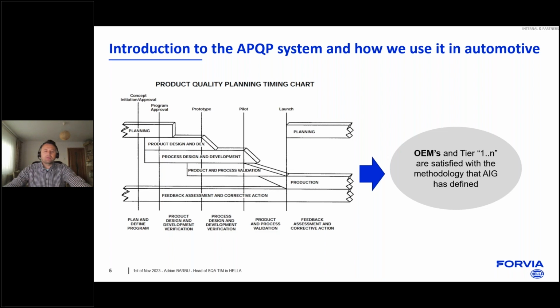So that's why this approach that we are using within the planning and timing, from the concept, from the program approval, from the prototype testing, from the pilot and launch perspective, will always result in a good, successful result.